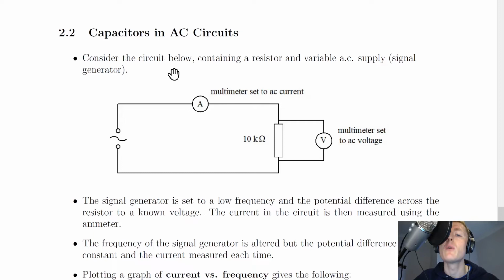Hey folks, welcome back. In this video we're going to look at capacitors and AC circuits, so let's get started. Now we've already seen capacitors and RC circuits, but now we're going to look at capacitors and AC circuits. Remember AC stands for alternating current, and we'll talk a wee bit more about what this means for this kind